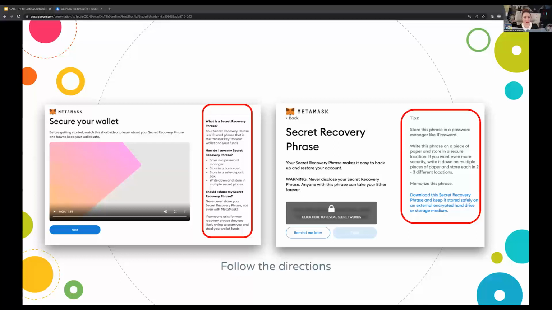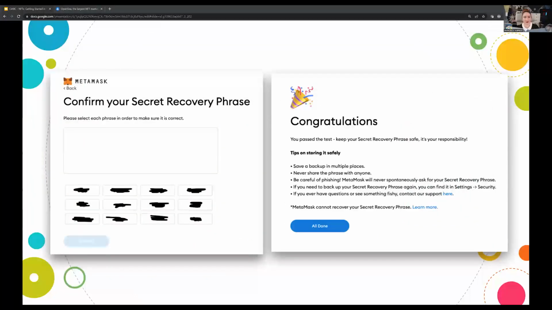Let me know if you have any questions. Once you've downloaded, written down, and saved your phrase, you will confirm it by clicking on the words in your phrase in the order that you were provided.